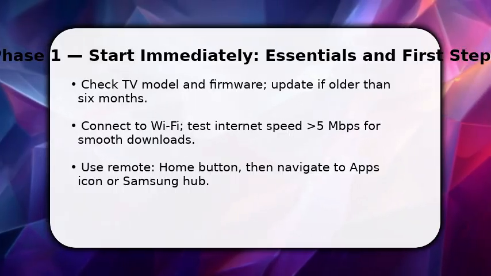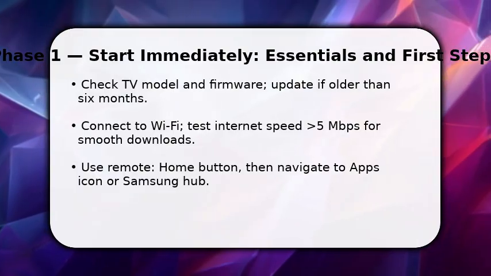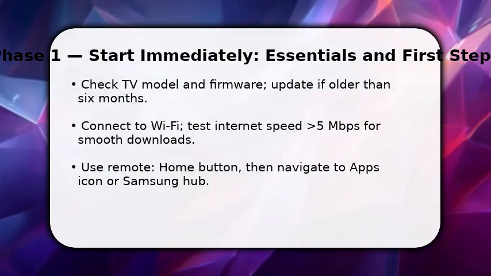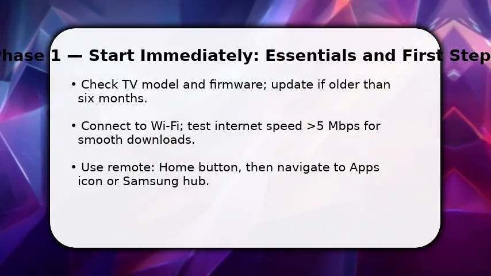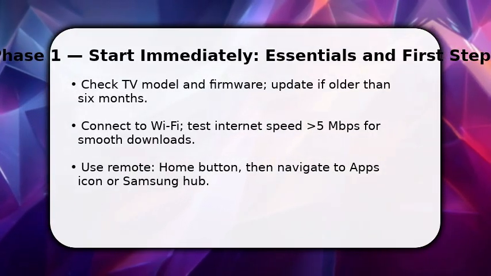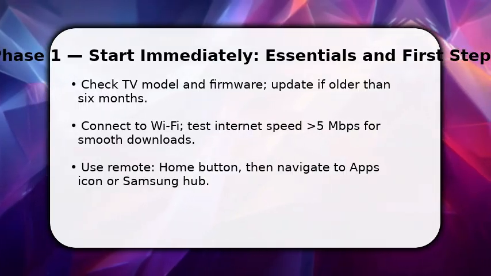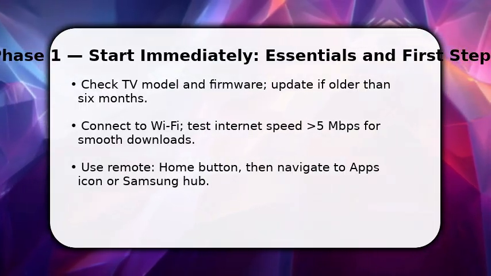You start by confirming your Samsung TV is updated and online. Once done, press the Home button on the remote. You want to go straight to the Apps or Samsung Hub tile. If you don't see Apps, open Settings, right arrow, Support, right arrow, Software Update, install any pending update, and then